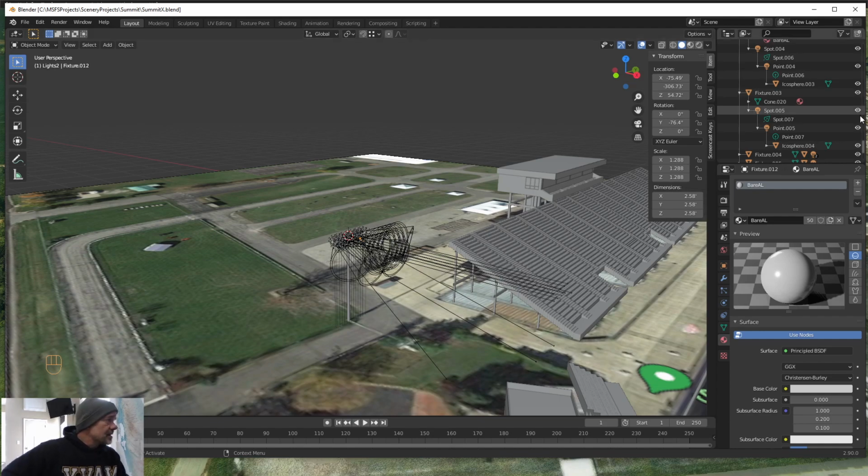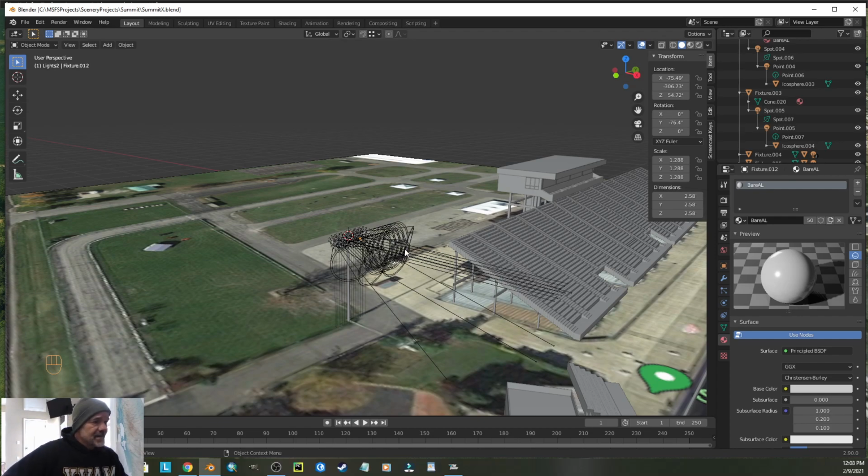All right, so the one thing that you have to do is make sure that you get everything selected that is going to be part of that object. Now I already have a light pole that I did earlier that's already in there, so you might see that right away. Okay, or maybe not. Okay, so anyway,